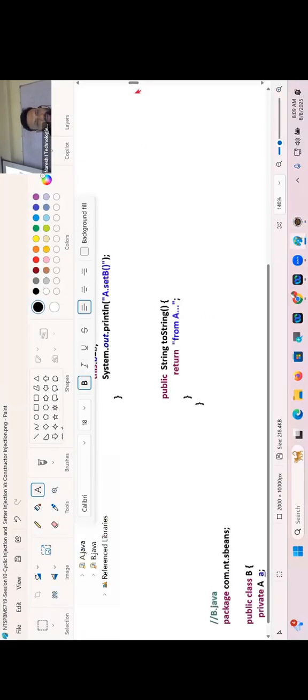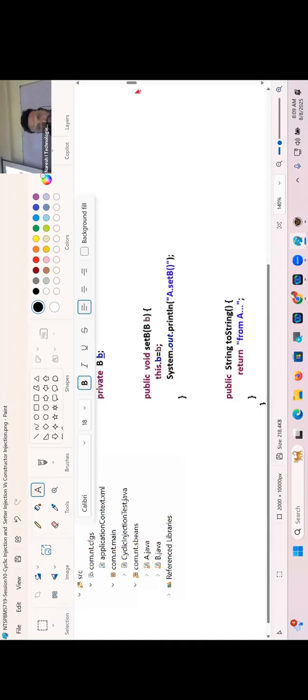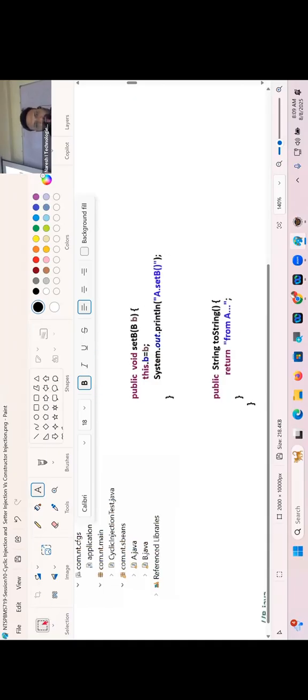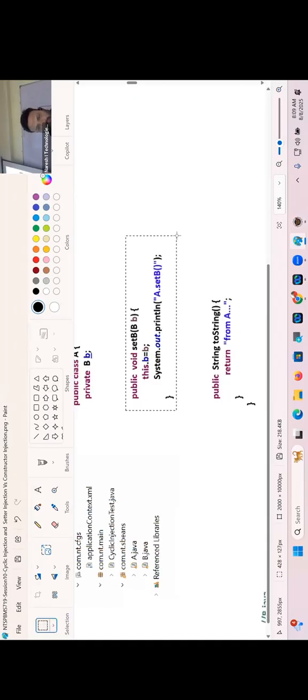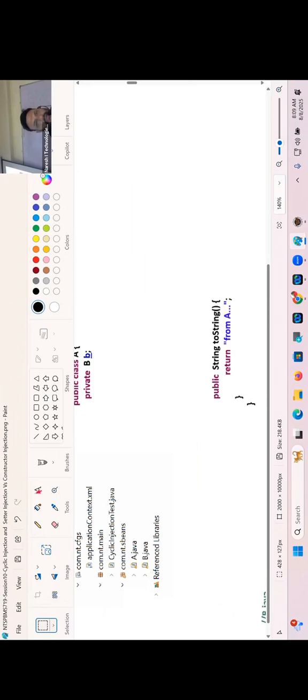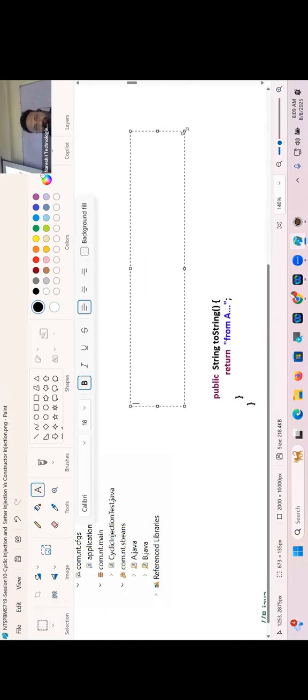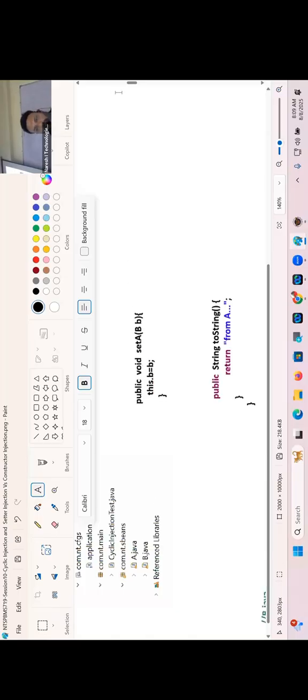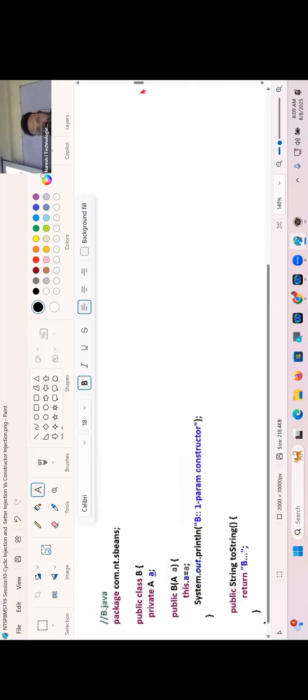Both sides I have to write the setter method, right? Here, what is the one I should write, guys? Public void setB(B b) { this.b = b; }